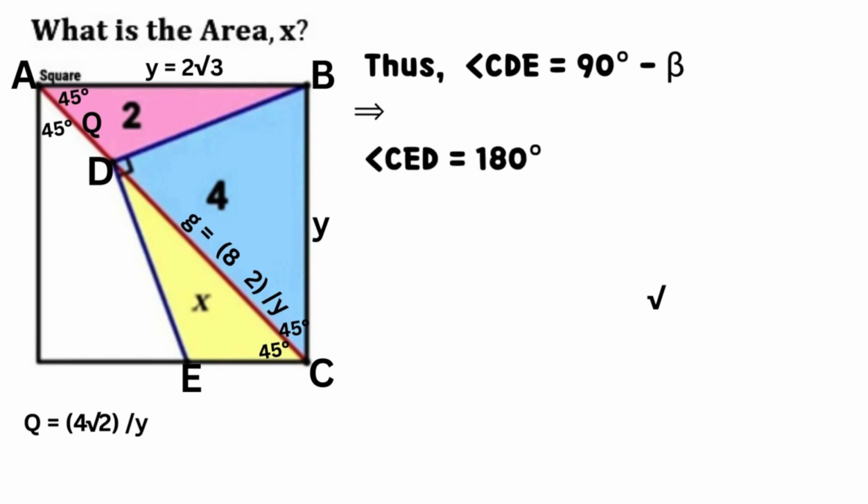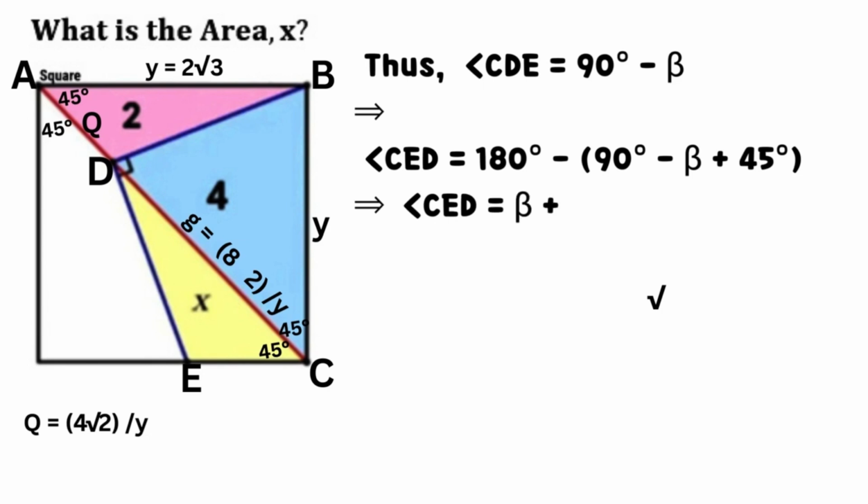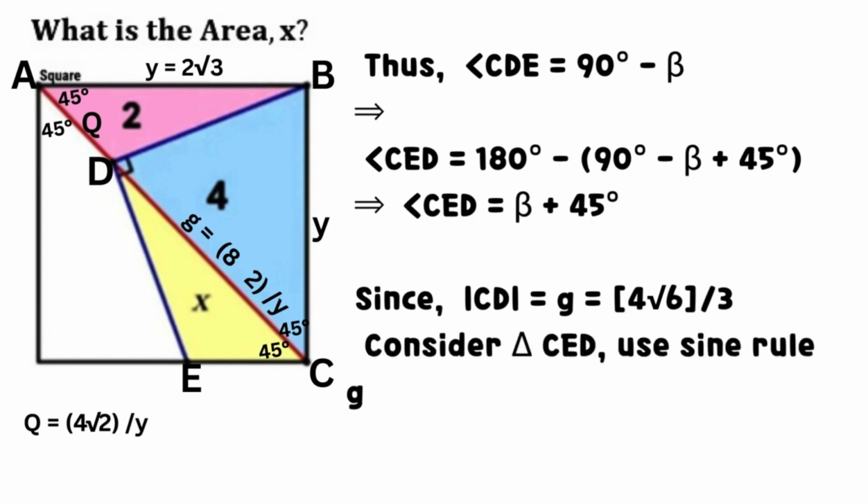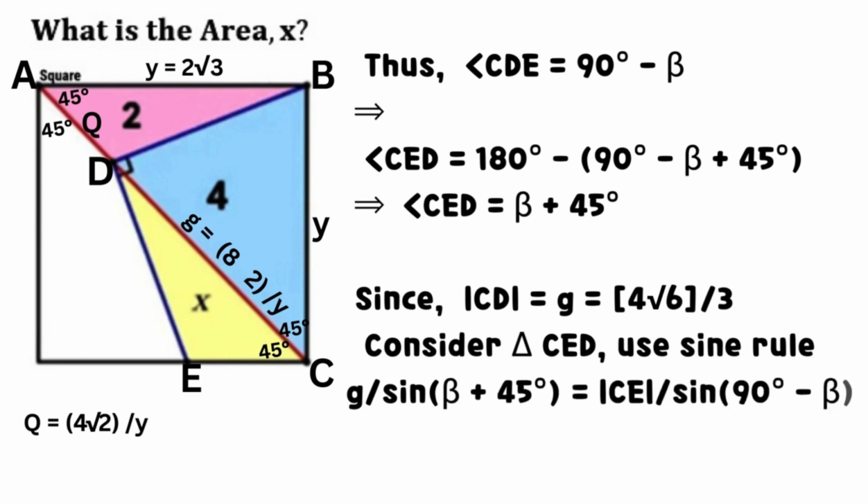Thus, angle CDE equals 90 degrees minus beta. It follows that angle CED equals the sum of beta and 45 degrees, after substitution and simplification of values. Since line CD equals G, which equals the product of 4 and the square root of 6, all divided by 3, from triangle CED,